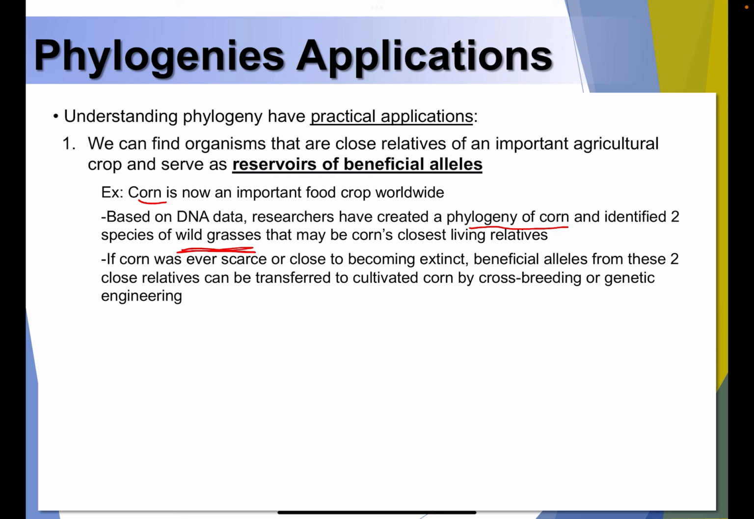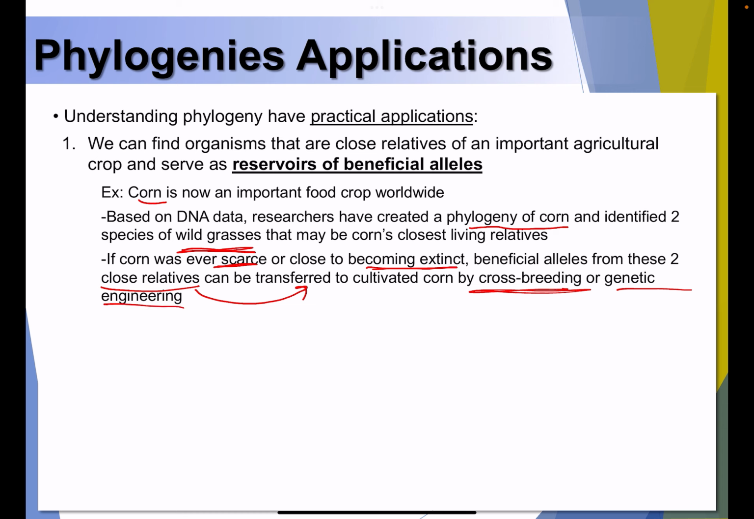Now, knowing that gives us very helpful information. Let's say somehow corn became scarce, that we don't have corn anymore, or somehow it becomes extinct. You don't know. Maybe somehow in the future there's natural selection or genetic drift of some sort that has caused corn to become close to extinction, just like those greater prairie chickens we talked about in the last chapter. So beneficial alleles from these two close relatives actually can then be transferred to cultivated corn by